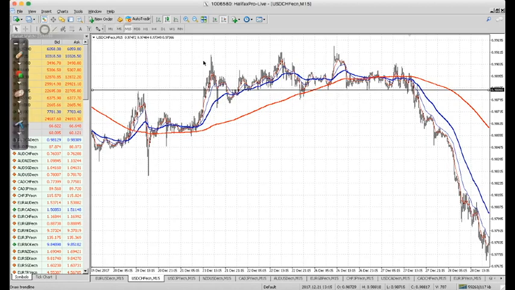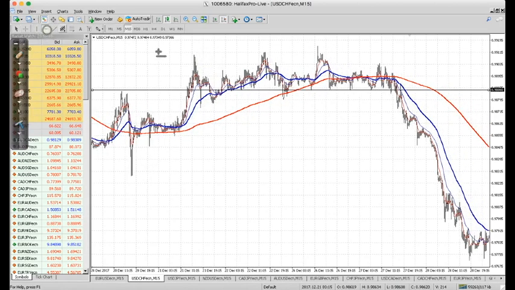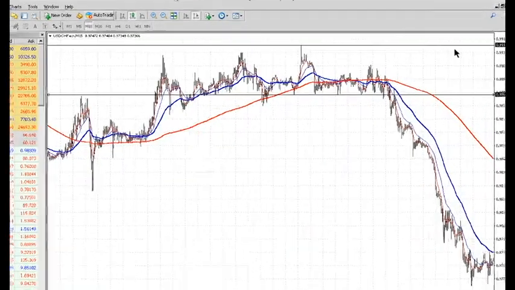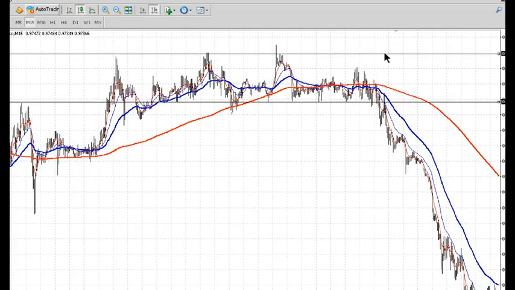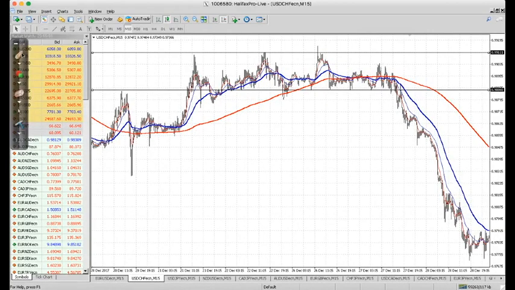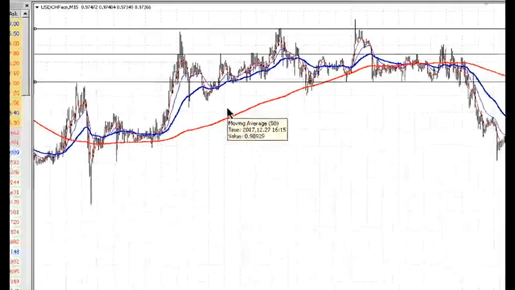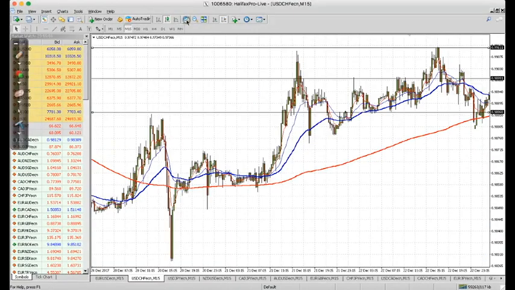Where would I draw the resistance? Again, would I draw it up there? Would I put the resistance up there? No, it only touched once, so it's not very significant, right? Would I draw it there? Yeah, because it again tested once, twice, 3 times. So that is a significant level, okay? And you could have multiple levels. I would say there's another level over here. Thereabouts, okay? If I zoom in,